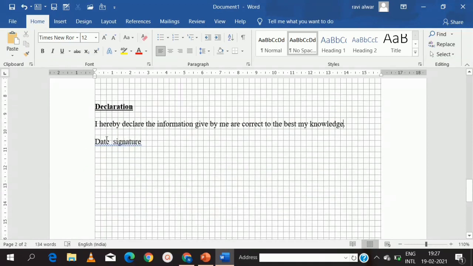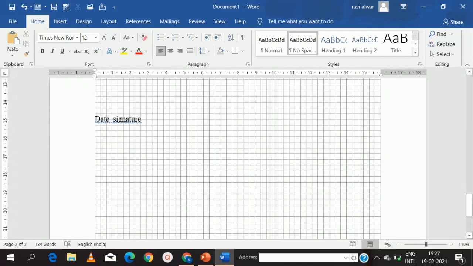So date, I want a little down at the end of the page. So what I will do, press enter, click before D and press enter. Then I want date to be on the left side and signature on my right side, so I am going to press tab.